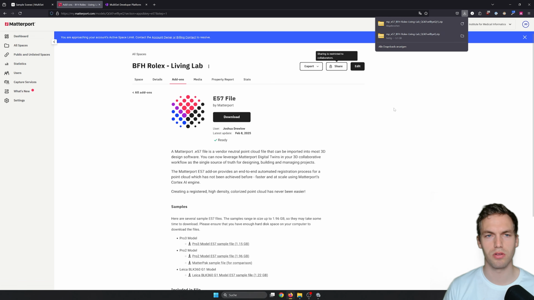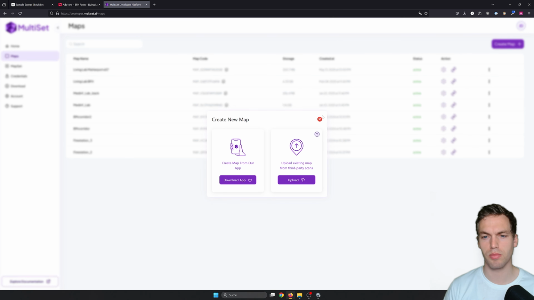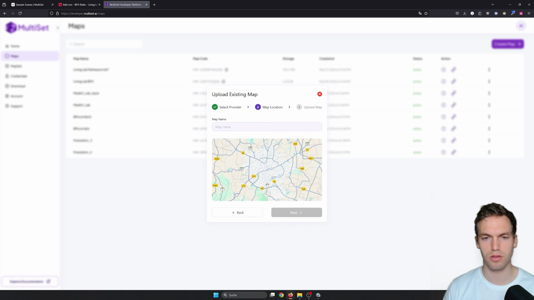I've already done that. And then you can go to your MultiSet account, create map, upload existing map, use Matterport, or like an obvious if you want to try your own as well. Then this is important, you upload the zip file, not the E57 file. So next, give it a name, best map,